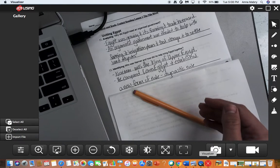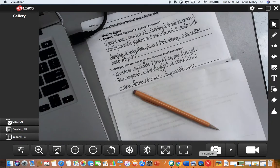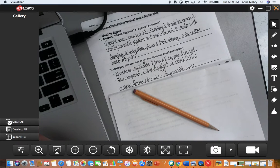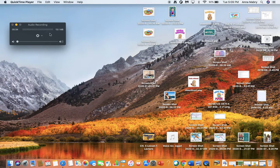That is all of lesson 1 notes. If you needed to pause at any time, I hope you did and got the notes that you needed. We're ready to move forward with lesson 2. I hope you have a really good understanding of Egypt right now, because